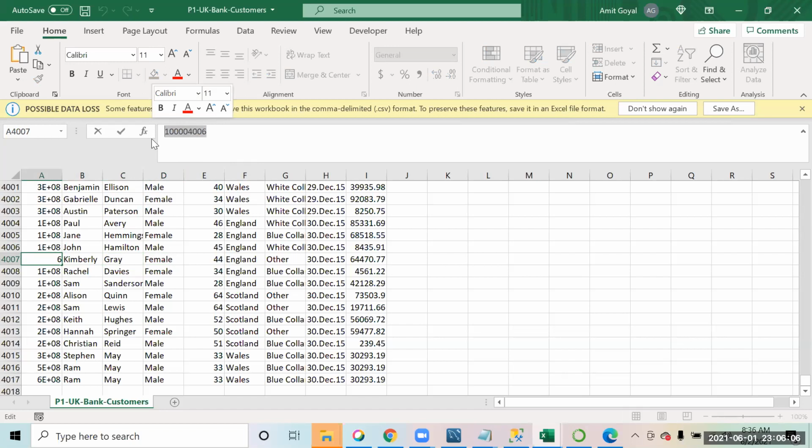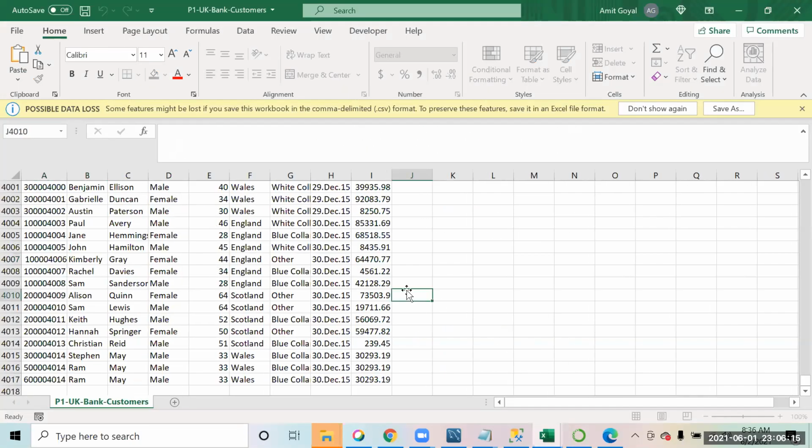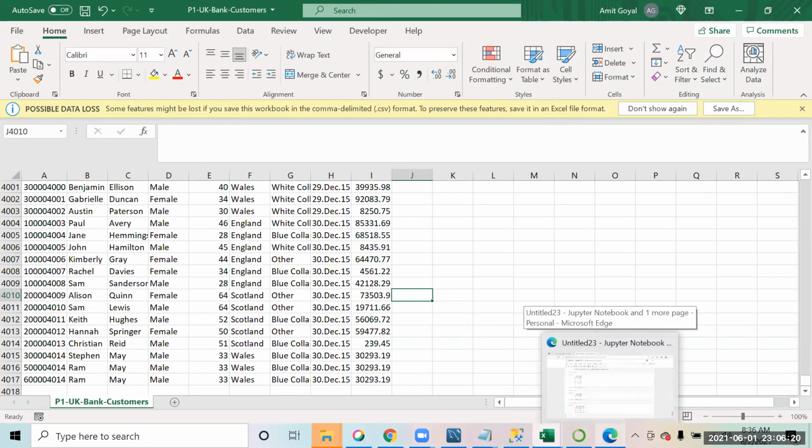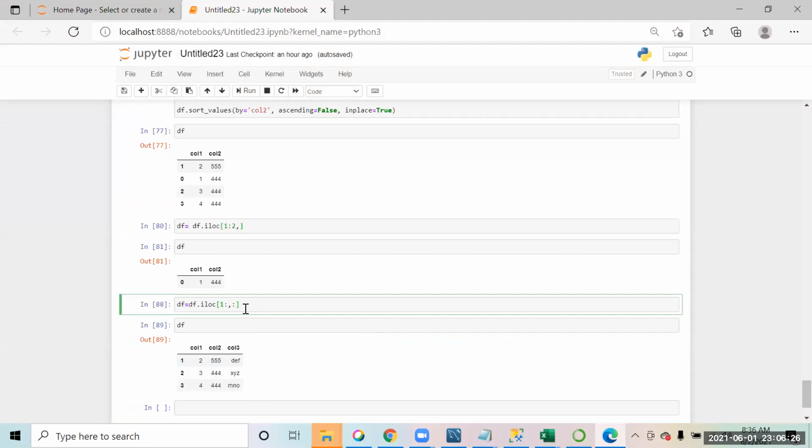What will be the code for that? What should we write as a code to remove rows using a condition? First of all, tell me how you will find the data of Kimberly Gray. Using the employee ID. But how will you write the code for that? Okay, let's go to the data frame. Let's take this condition: you want to print the data for all the people where column 1 is equal to 2.